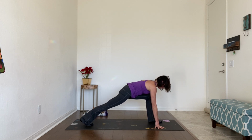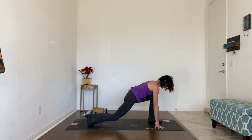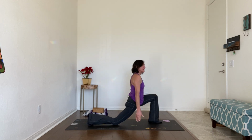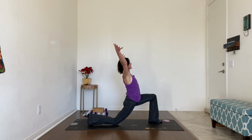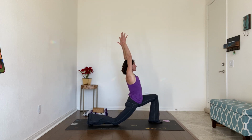Just wait for the exhale and use that as your guide to drop the right knee. When it's over, there's just a pause, getting ready to move, and the inhale is what's going to take you up and help you bring your arms overhead. And then we're going to hold here in the lunge